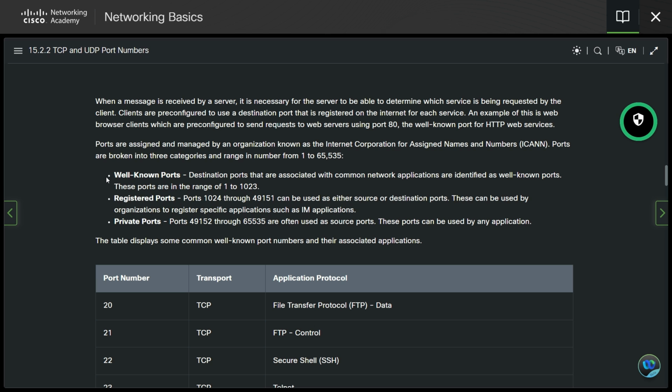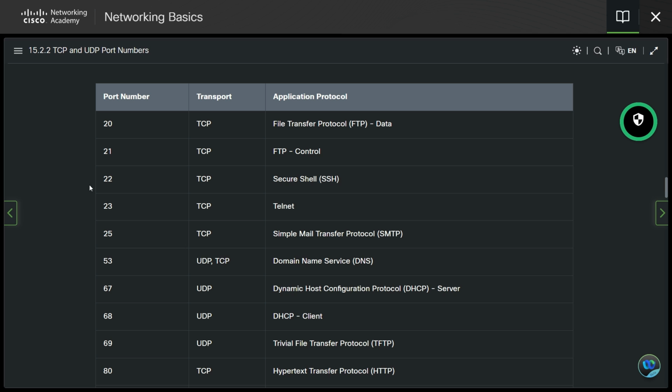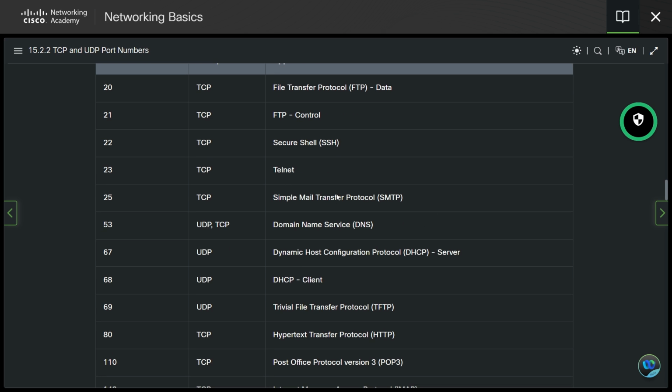The table displays some common well-known port numbers and their associated applications. Port number, transport, and application protocol. For example, port 20 is in the transport layer TCP, and the application protocol is File Transfer Protocol data. Then Secure Shell, Telnet, SMTP, Simple Mail Transfer Protocol, Domain Name Service,